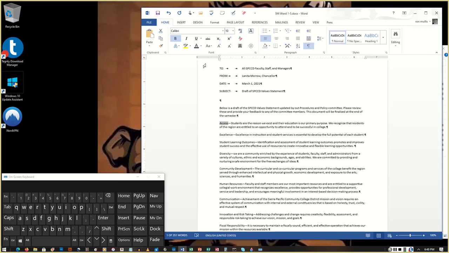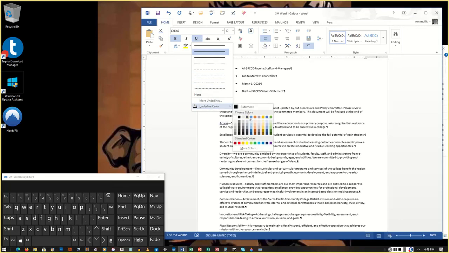Underline, it says double underline. So I'm still on my Home tab in the font group. I'm going to click the drop down menu for the underline, and then I'm going to select double underline. Underline color is blue gray text 2. So again, still on the Home tab in the font group, clicking my drop down arrow to go to underline color, and I'm going to select blue gray text 2,